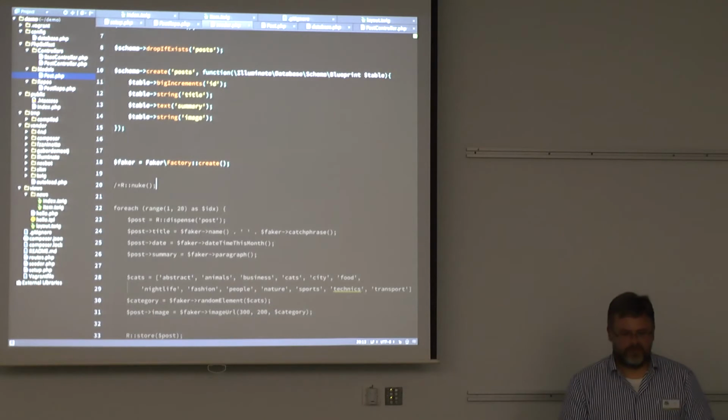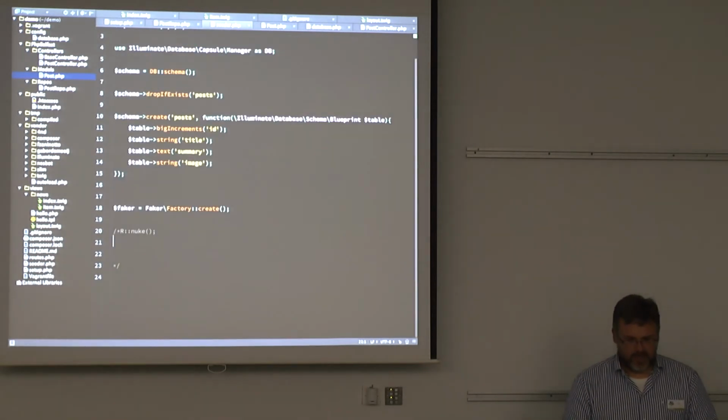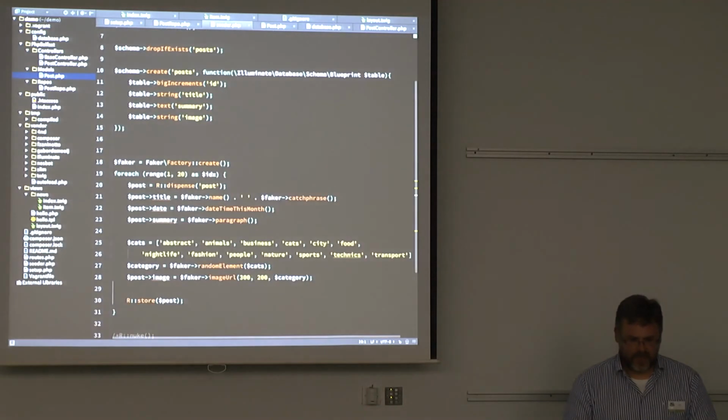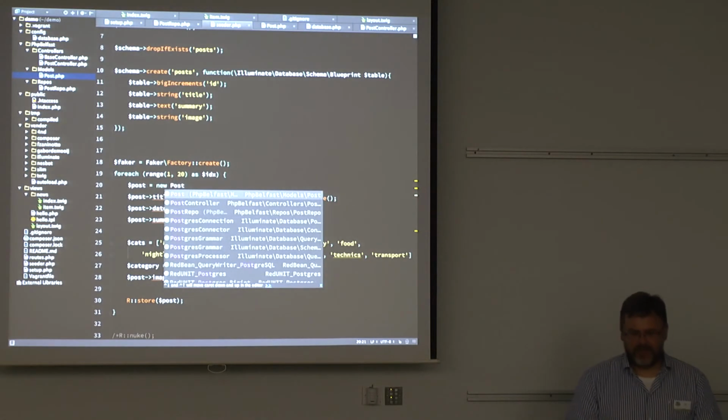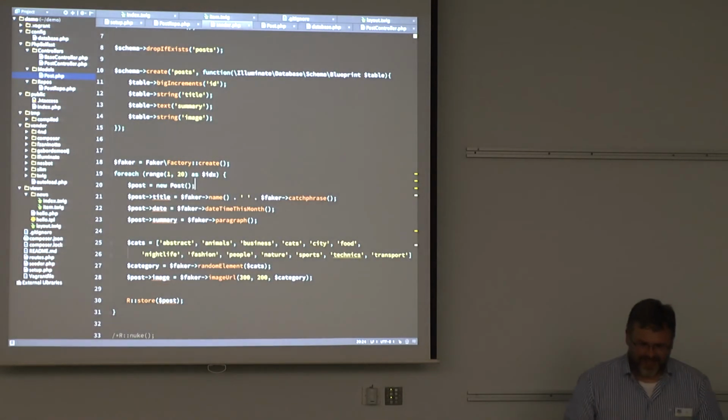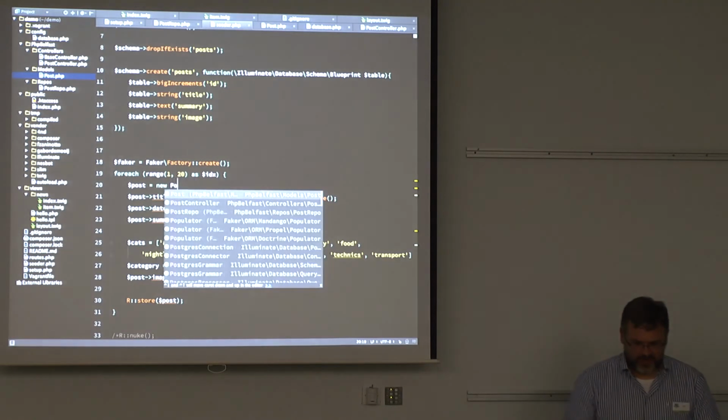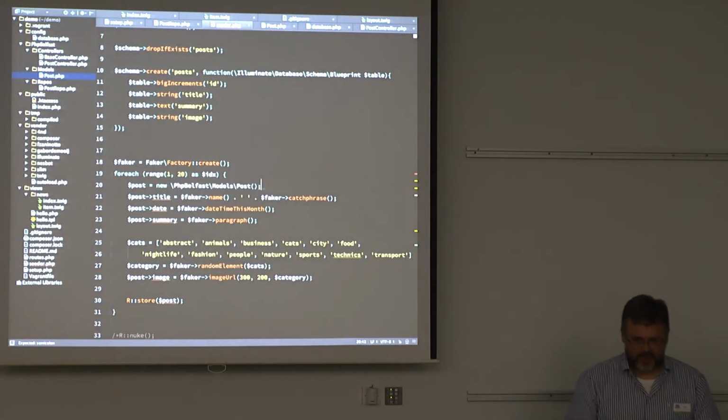and we're going to put some entries in. So let's just copy this out. We're going to loop around 20 times. We're not using Redbean anymore, so we can't dispense a post. We're going to do new post. Yes, Redbean was very interesting for its strange puns on beans and bean dispensers. It was very weird. But post, new post. Now it hasn't auto-completed that, so if we do post again and hit enter,